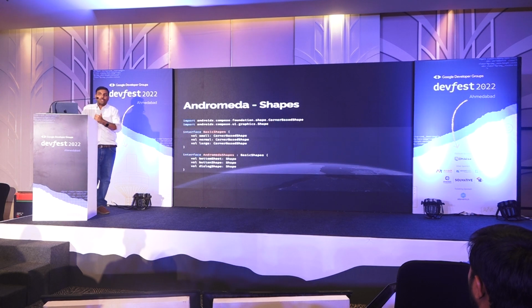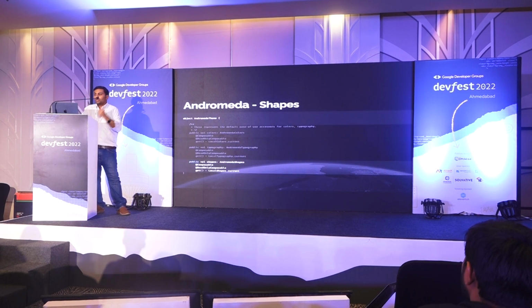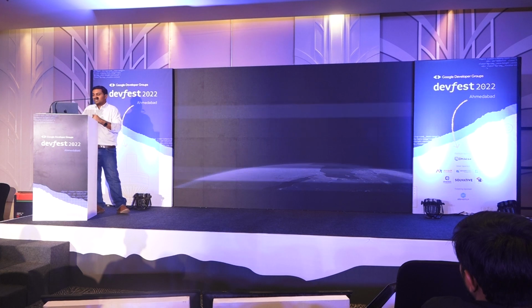Next, most important, basic shapes. I have dialogue, the bottom sheet dialogue and all those. You can write your own custom. These are just basic examples of what I'm saying here. I have default, which I then provide through the Andromeda theme. If you want more, you can actually provide your own themes. So imagine, you declared in one place that the bottom sheet needs rounded corners, something like this. And just imagine writing it 30 times. In every one of the 30 instances you have to go and write it. What if the theme does that for you? That's the advantage of Compose, okay? And design systems like these.